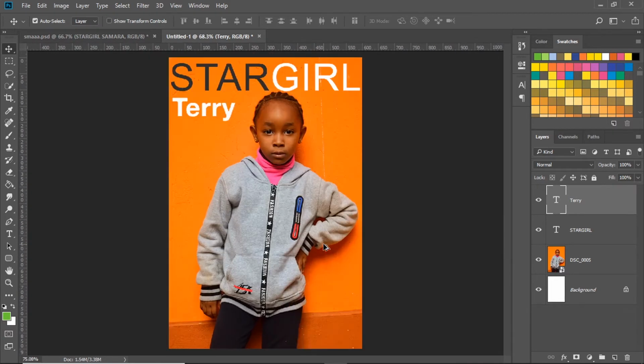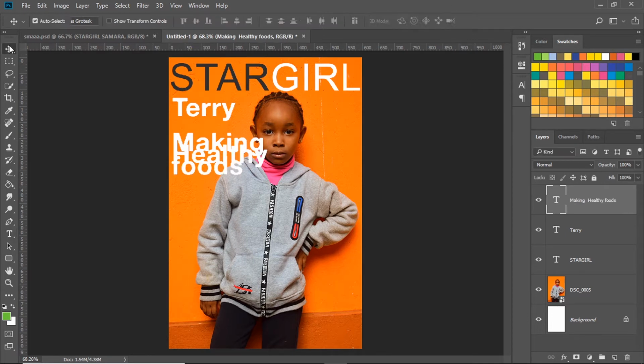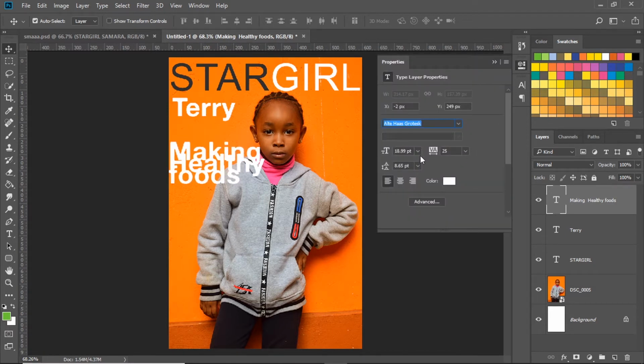Let's put a title or something that someone is going to read while on the magazine. Making healthy foods, just like that. I'm gonna pick my select tool, and then right here on my properties I'm gonna change the values for the spacing on the lines, and I'm gonna make my font small. And I'm gonna go back to Arial. I'm trying to maintain some uniformity in all of these. Making healthy foods,